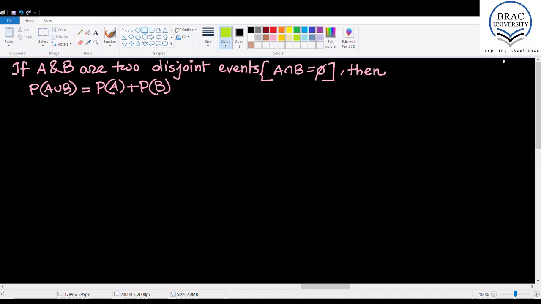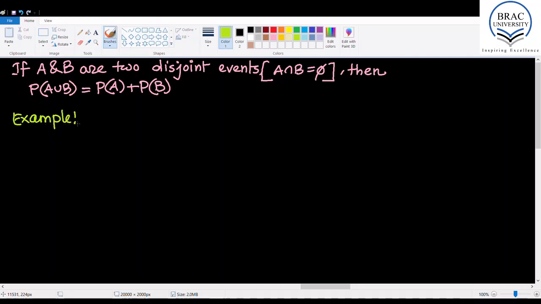Okay, so when two sets have no common elements, the two sets are called disjoint sets. Similarly, when two events have no outcome in common, then the two events are called disjoint events. Okay, so let's see an example and then we will be getting back to this axiom and proving it. So the example